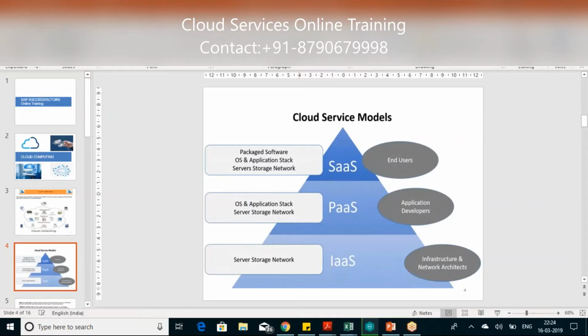We used to get in touch with ABAPers or the developers to get the customizations done in the system. In SuccessFactors we don't have to approach any technical consultants. So a functional consultant handles the complete customizations and implementations in SuccessFactors.